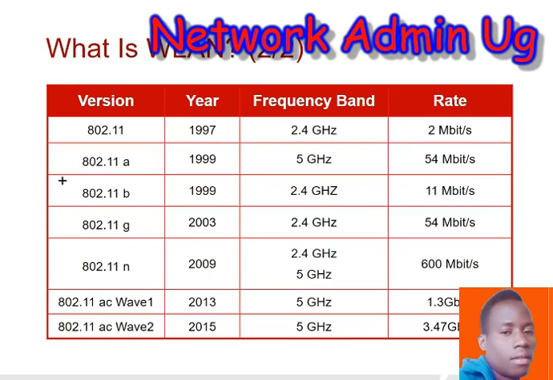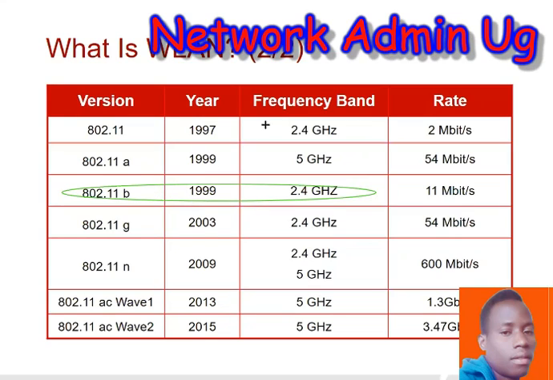So this was the second in the year 1999, and it was running at 2.4 gigahertz frequency band, and it used to provide 11 megabytes per second as the maximum. Okay, so it could run at 5, it could run at 6, and the maximum would be 11 megabytes per